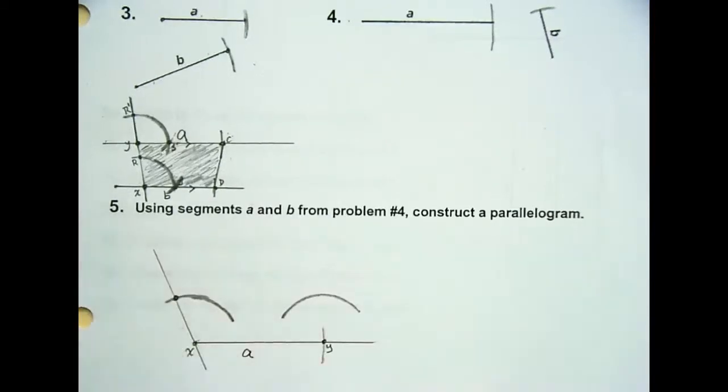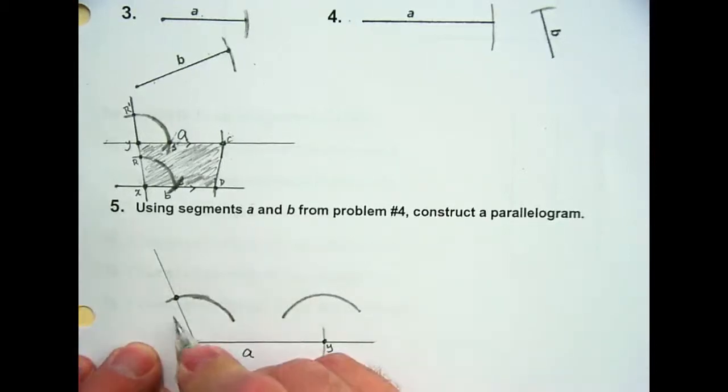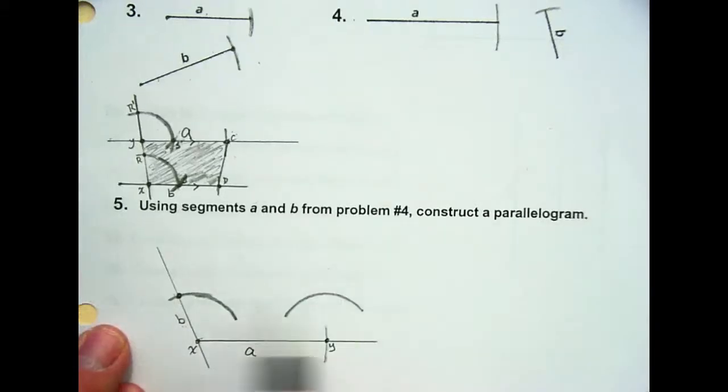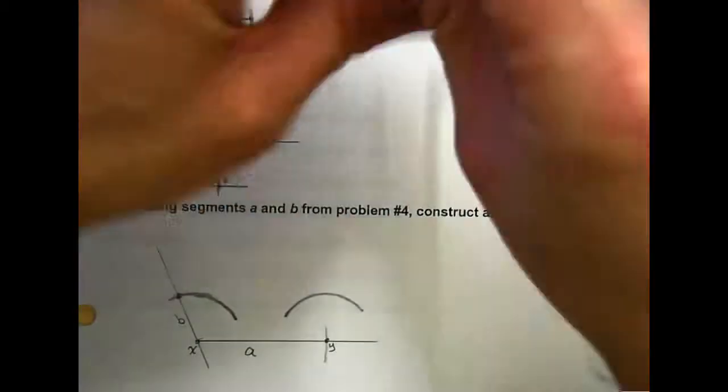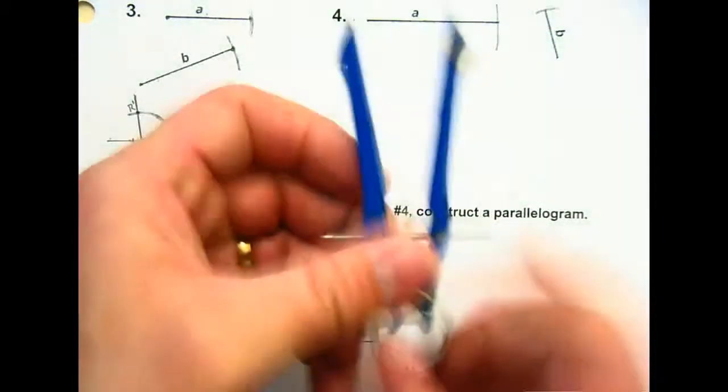Now, are we actually doing what it said? Use segments A and B? We used A and used B. What's this length going to be? It's going to be A, right? Opposite sides of parallelogram are congruent. So if that's the case, I could take and open my compass now to A. I have a point B. If I take and open my compass to A,